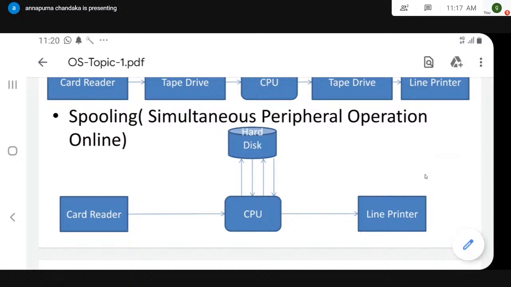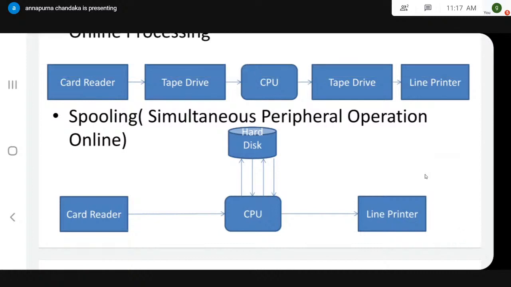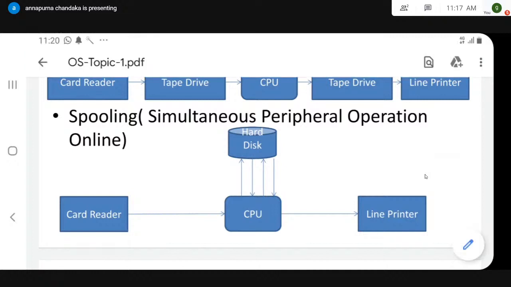What is the meaning of this? You can read information from one particular place. You can copy the information to another place. You can move the content from one place to another. Simultaneously, it allows you multiple operations on the hard disk. Okay, you are already aware of how a hard disk is physically arranged.